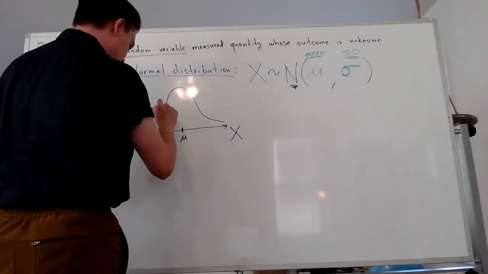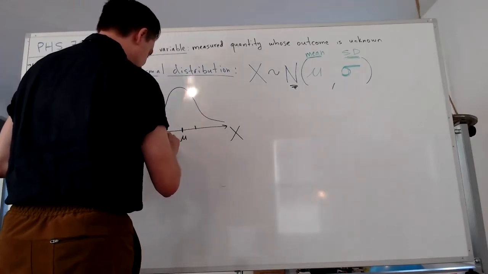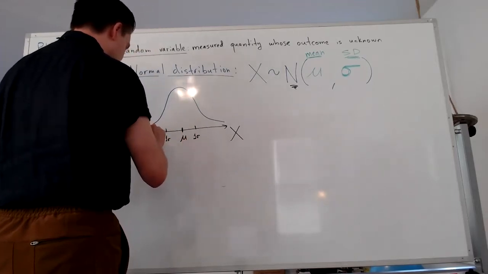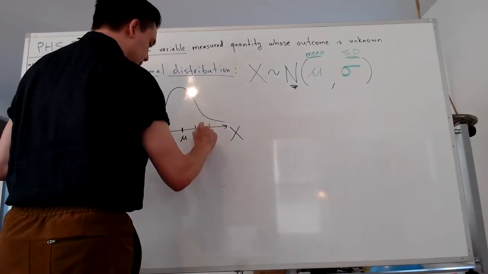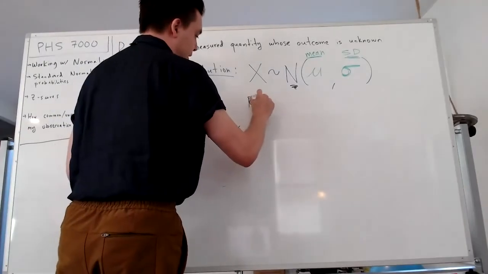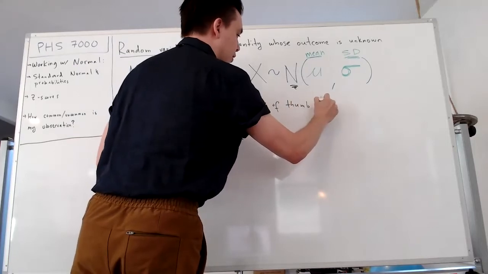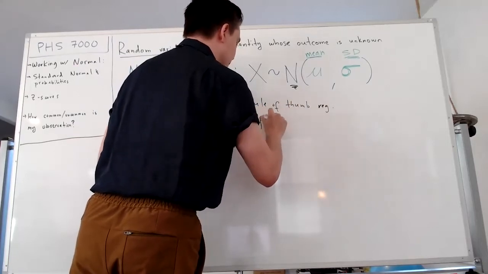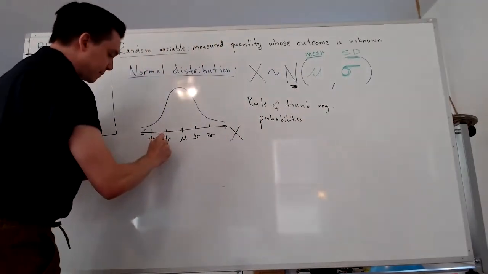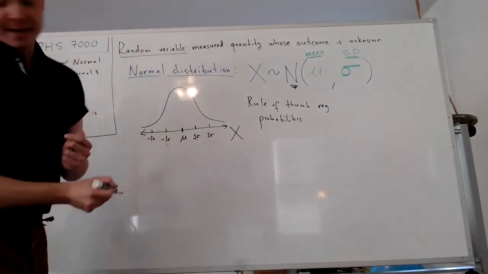And then we know this point, probably right over here, is -1 standard deviation. This point here is +1 standard deviation. Somewhere out here is -2 standard deviations. Out here is +2 standard deviations. And this is sometimes called the rule of thumb regarding probabilities. It often says something like, I'm looking for the exact number,